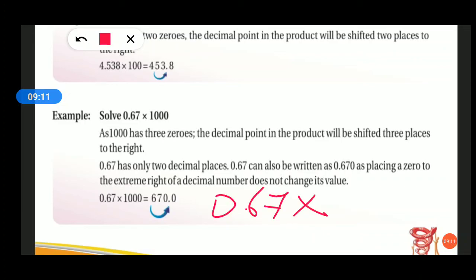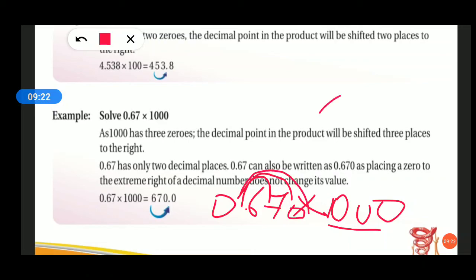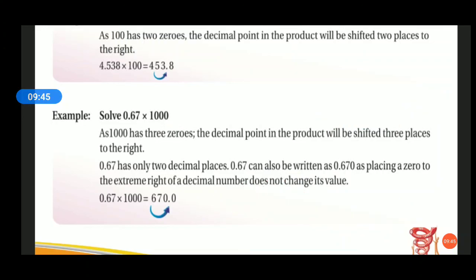0.67 into 1000. Since 3 zeros are there, how many times do you need to move? You need to move 1, 2. I said here you can add a 0. So again 0. So the answer is 670.0. You have moved 3 times, since in 1000 there are 3 zeros. Understood, students? This is nothing but multiplication of a decimal number by 10, 100 and 1000. However many zeros are there near 1, that many times you need to move the decimal point to the right. Now we will continue with multiplication of a decimal number by a decimal number. Listen, in multiplication